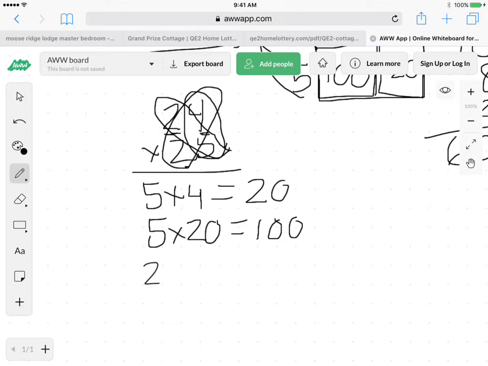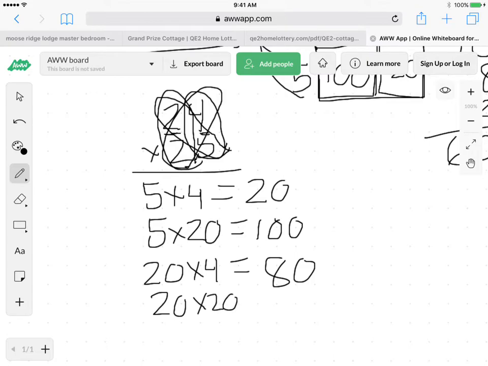20 times 4, which equals 8 with a 0. And then 20 times this 2, which is 20 times 20, really. And that equals 400. And when you add all those up, then it's going to equal the 600 like it did earlier. So again, either the traditional method, box method, or area method, or this last method here,